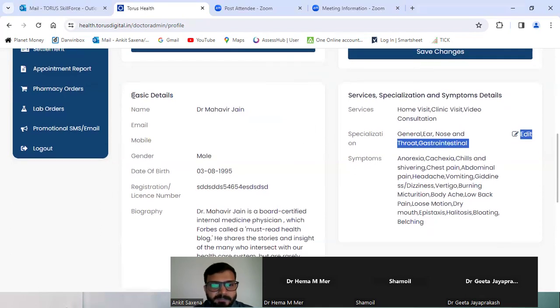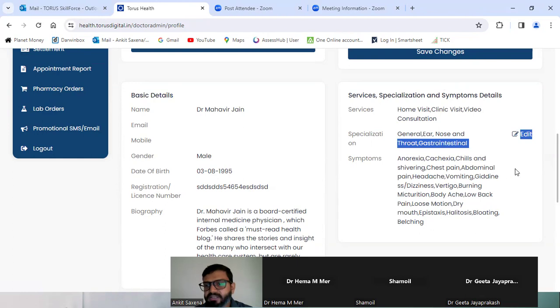Okay, so these basic details are pre-filled for you. These details are filled by the backend team, the admin team. Now once these details are filled, they cannot be changed. The rest of the other details can be changed if you find the edit icon there.